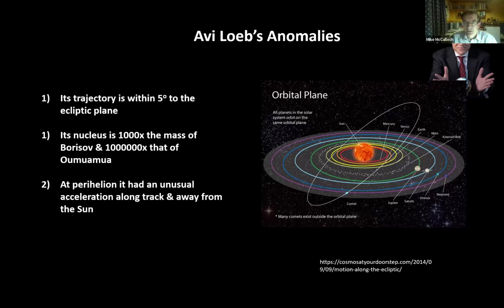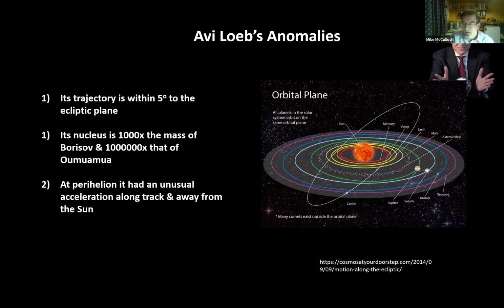Avi Loeb pointed out that it's very unlikely that objects of this size would be rolling around in deep space, and that there would be such a wide range of masses in interstellar comets. He also pointed out that at perihelion, it showed quite a few anomalies in its trajectory, which is very, very interesting to me. Of course, Avi Loeb was very interested in suggesting that this was an alien object,